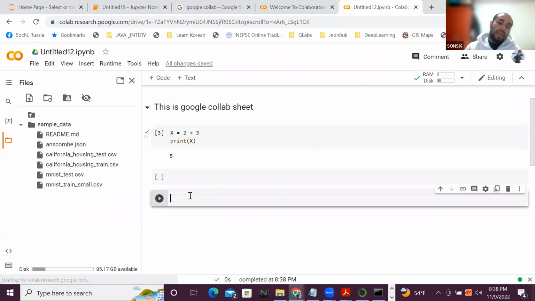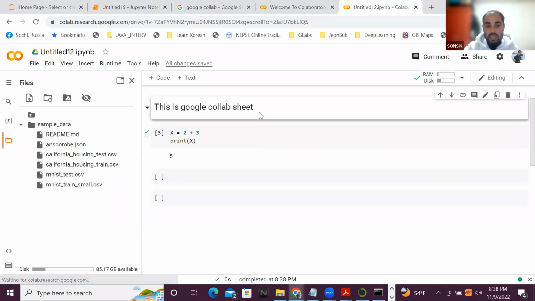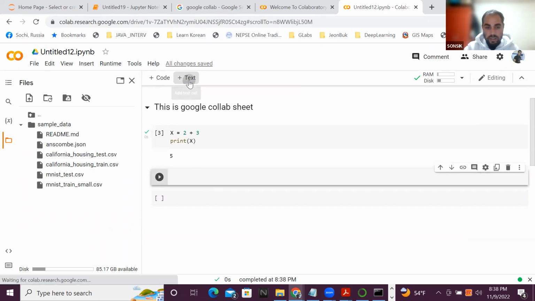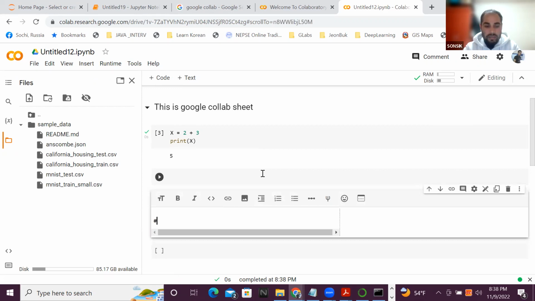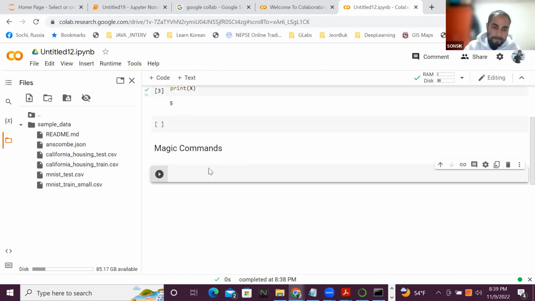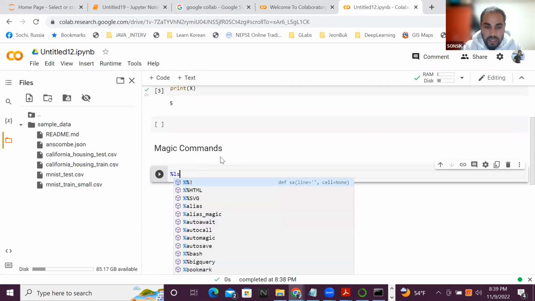These cells can be primarily divided into two things. The first one is known as magic commands. Magic commands means there are two types of commands: the one that only affects the line, and the other that entirely affects these cells. The first one only affects this line. For example, if I type percentage ls,